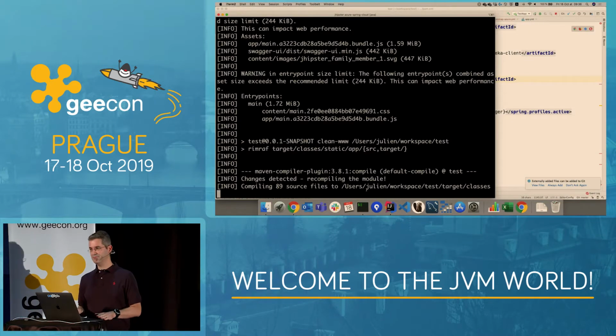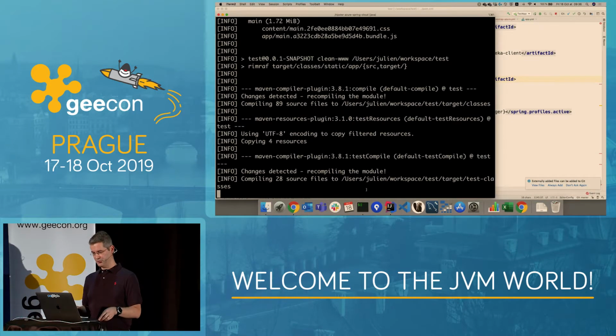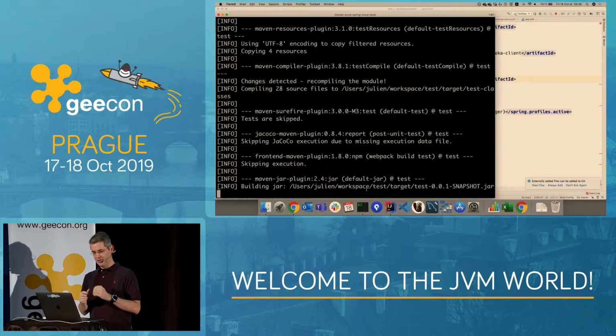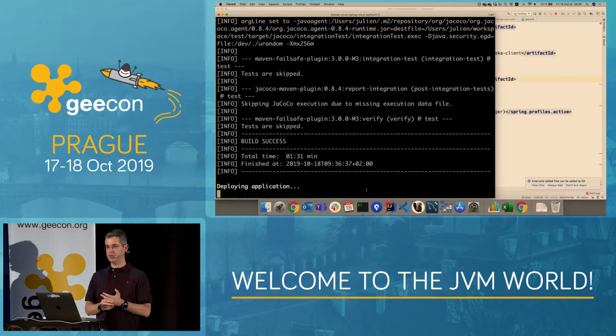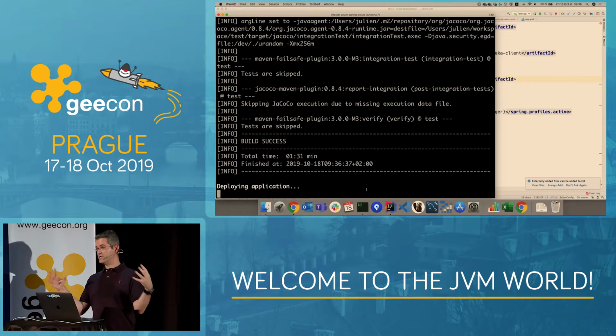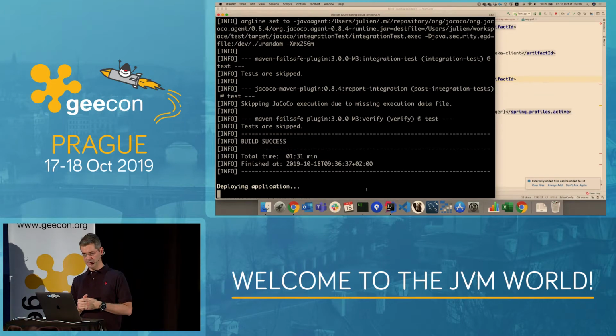So you might hear on the first row that my computer is working a lot. What it's doing is a full production build, so it's finished now. When we do a production build in JHipster, we build, of course, the backend with Java, but we also do the front end with Angular, and that's quite a big thing. So that's why the computer is working really hard to generate a minified and optimized front end. It made everything into an executable jar file, and now it's going to deploy it to the cloud.